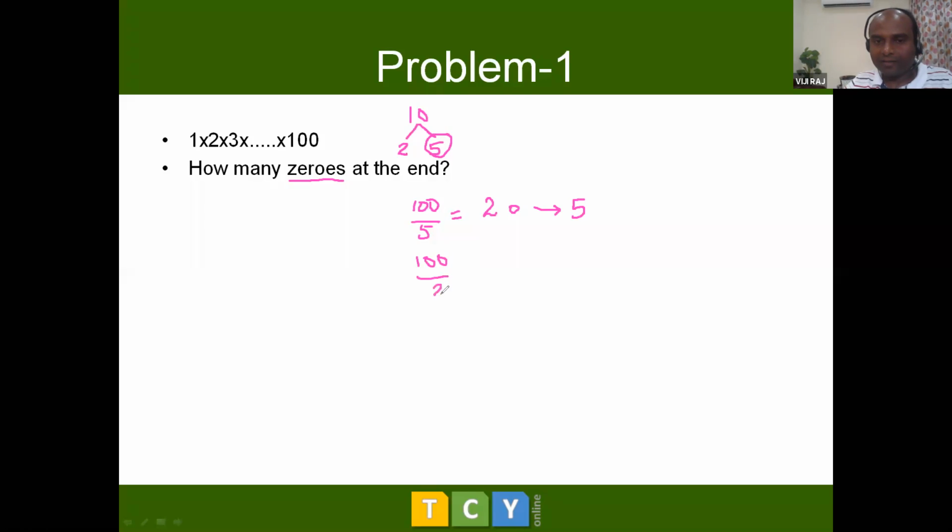Now, there will be some numbers which are also multiples of 25. Right? These numbers have two 5s with them. There are 4 such numbers: 25, 50, 75, and 100 itself. And they have one additional 5 with them. One 5 we have already counted when we counted these 20. So there were another 4 5s which we had not counted earlier. So that makes it 24 5s. But if this number was greater than 125, then we would also have considered 125, which has three 5s. Understood?